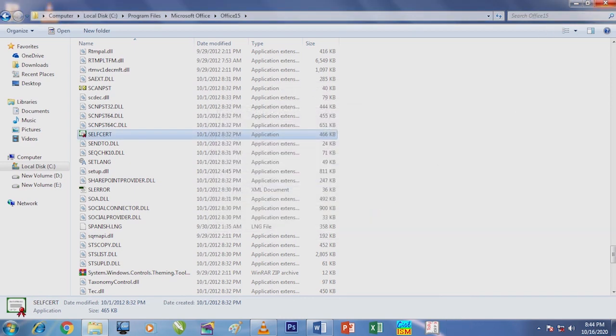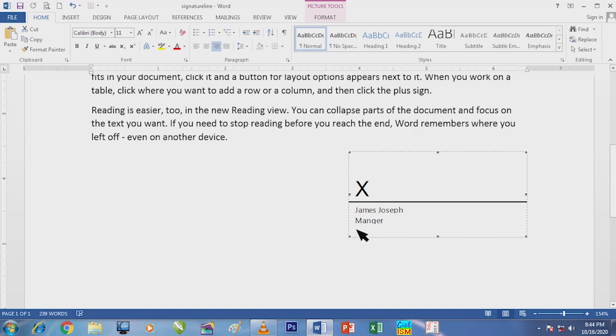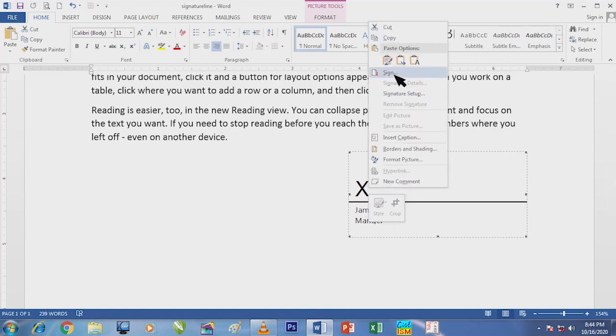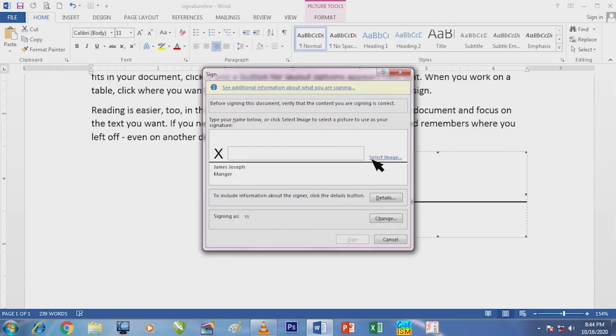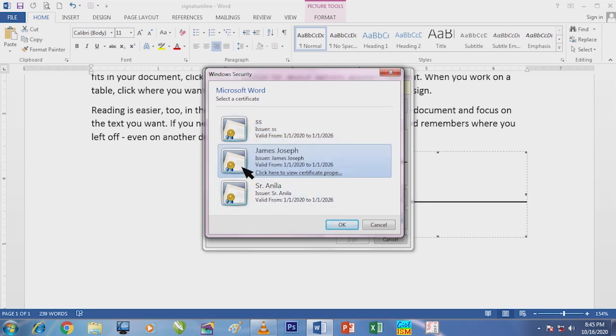And I close this and go back to that document where I want the signature to appear. Here I right click and go to sign and change this sign. Already 2-3 signs are here, so I go to change. I take the new one I created, James Joseph, and click OK.